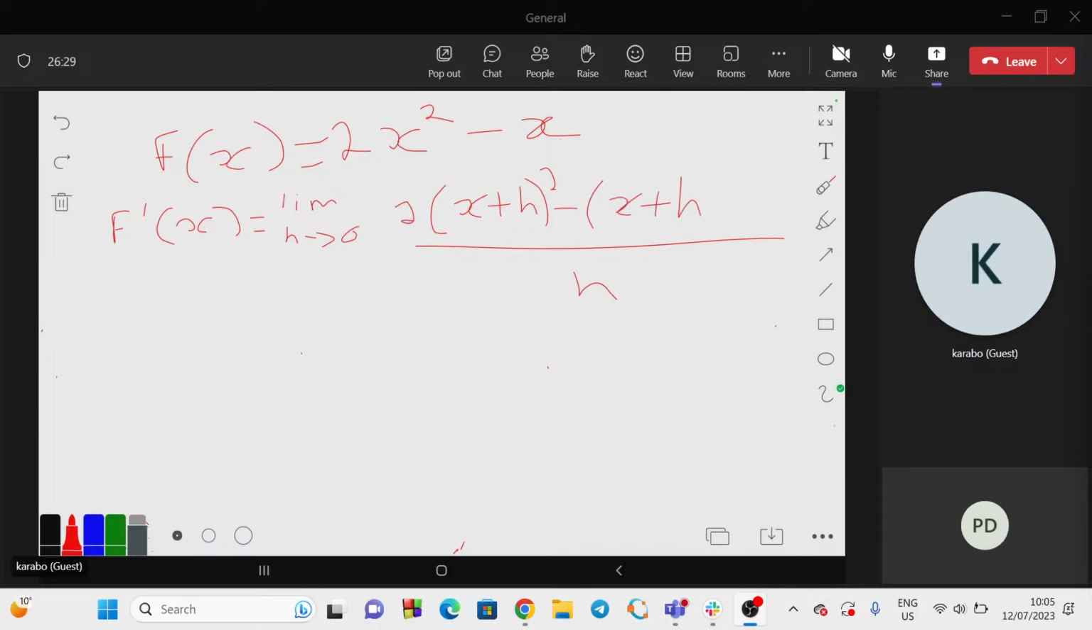When I say whenever there is x, you must substitute first x plus h. When you are done with all the places there is x, then when you are done with substituting x plus h,